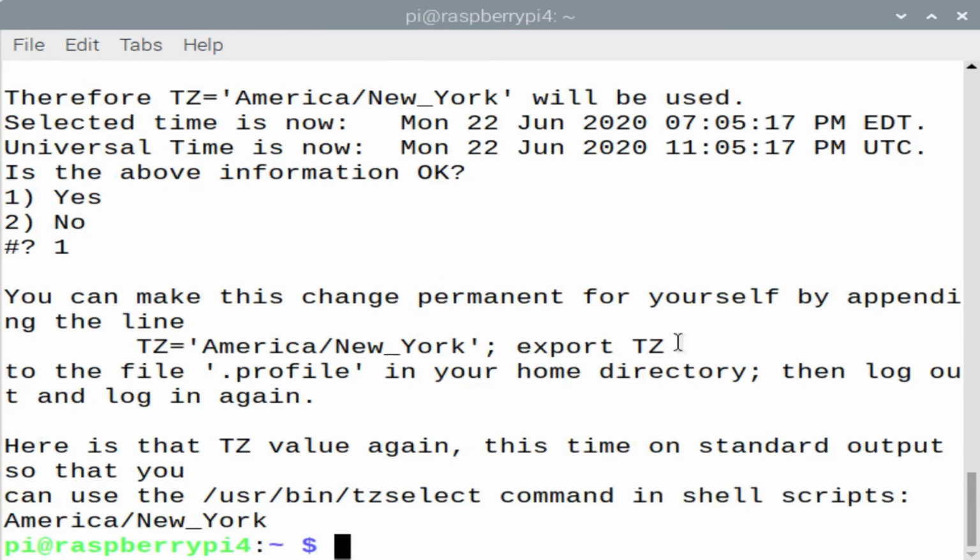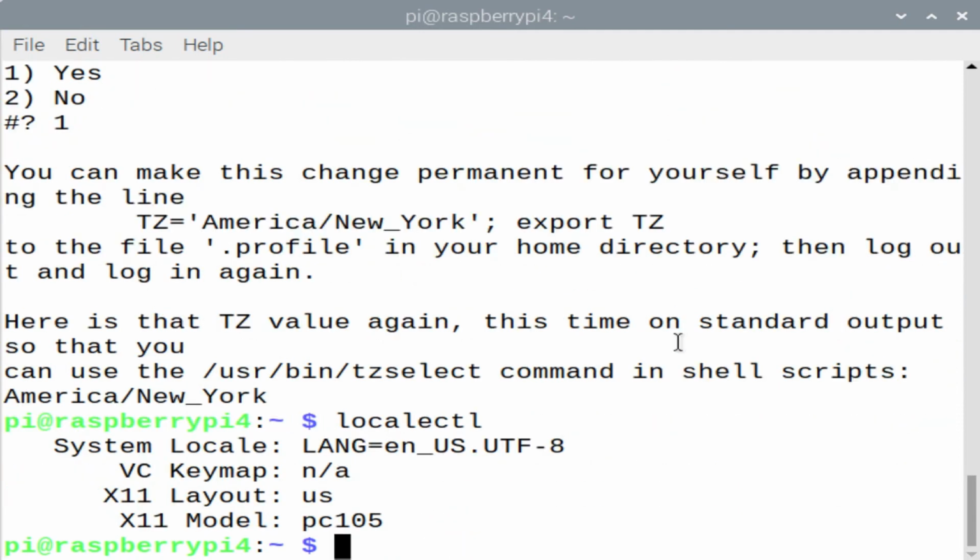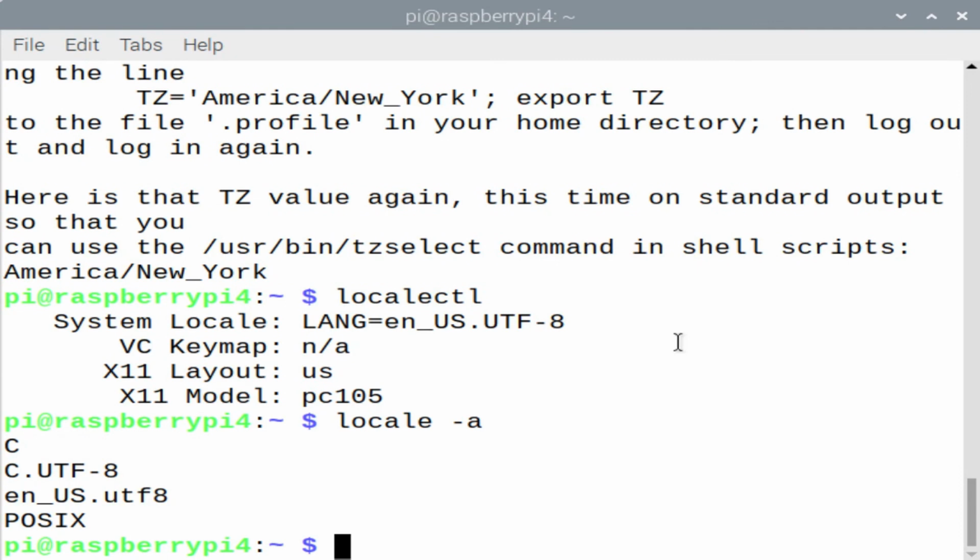There's also format localization, which basically specifies for different regions what formats are used to represent their data. For instance, we'll use UTF-8, which is 8-bit units to represent the characters. If I enter localectl, that tells me what language I'm using. If I do locale -a, I see that information again, and I can set my locale